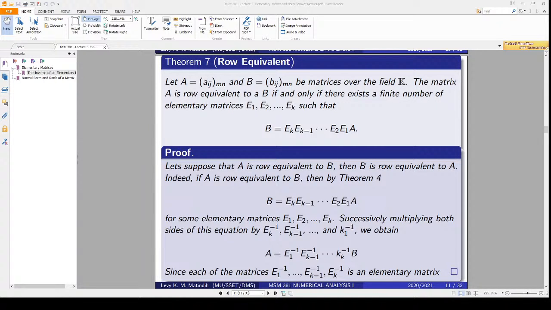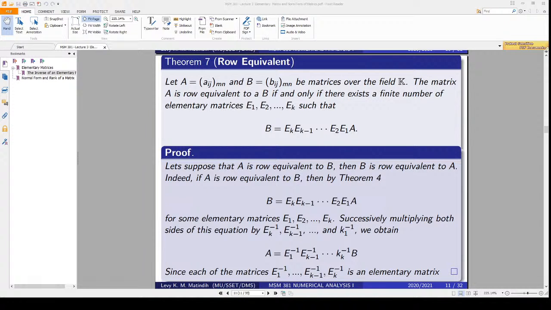You remember, that definition was saying matrix A is equivalent to matrix B if you can obtain matrix B from matrix A by applying a finite number of elementary row operations. Now, what this theorem is saying is that if there exists a finite number of elementary matrices,